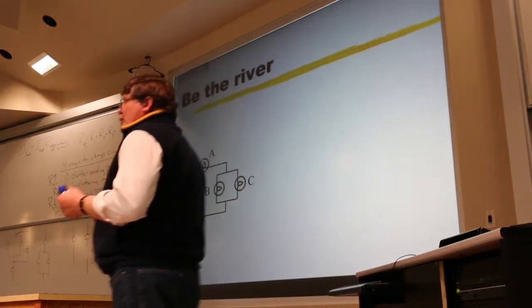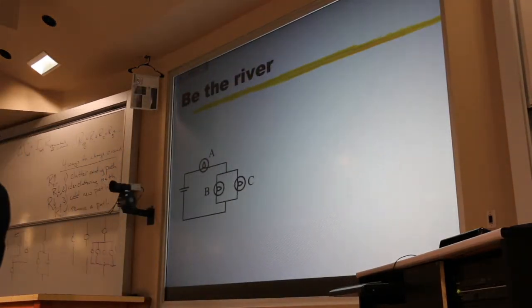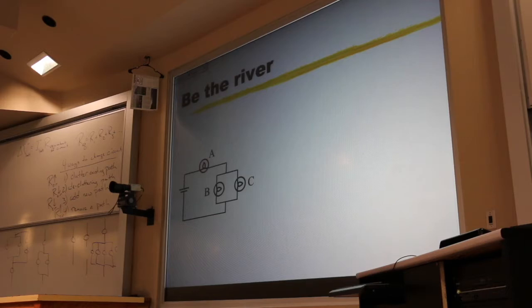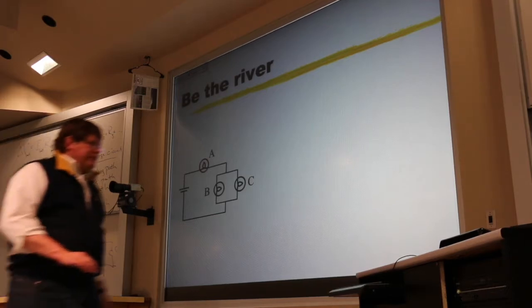When you use the current model to rank bulbs, it is often very useful to be the river, to watch the current leave one side of the battery and just watch it as it goes around to the other side of the battery. And it doesn't matter which way you go, from positive to negative or negative to positive. And every time you get to a branching point, ask yourself, does the river branch 50-50 here or some other way? If I were ranking these bulbs,